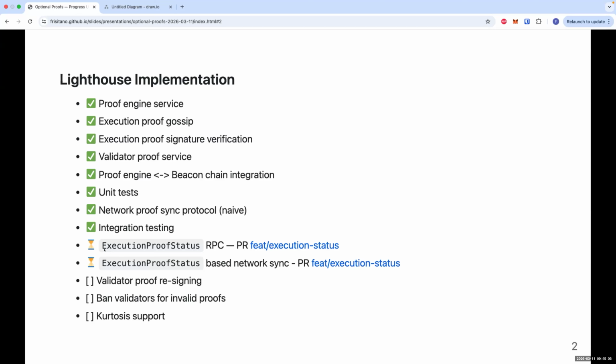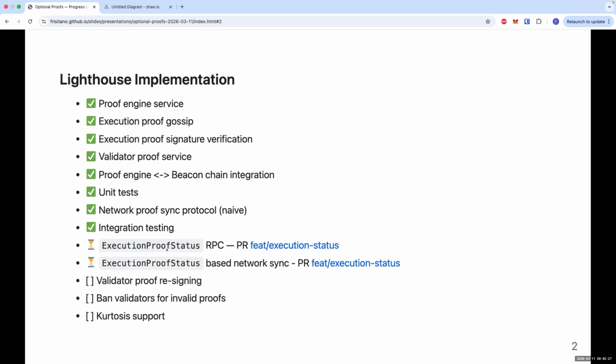There's a bit of a challenge in regards to the networking layer around proof capable peer discovery. And this was flagged by Manu. But I've got a proposal of how we can address this using a new RPC method, and I'll talk a bit more about that in the next slide.